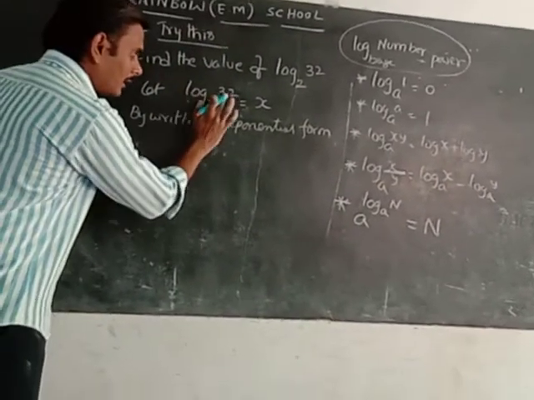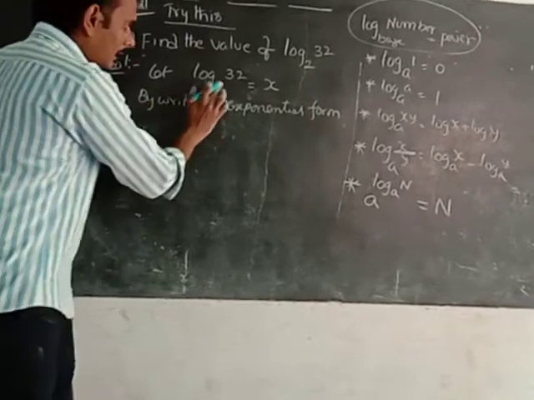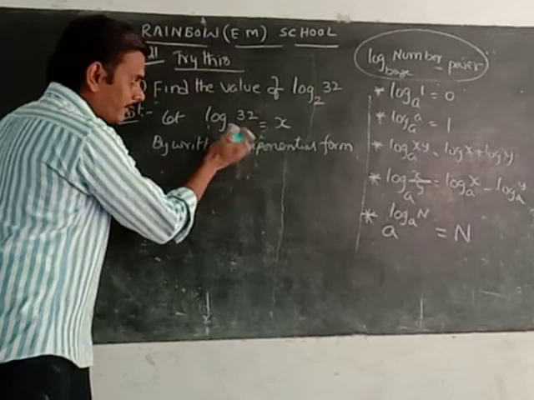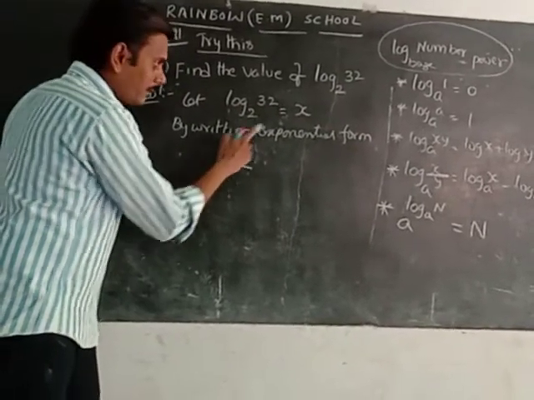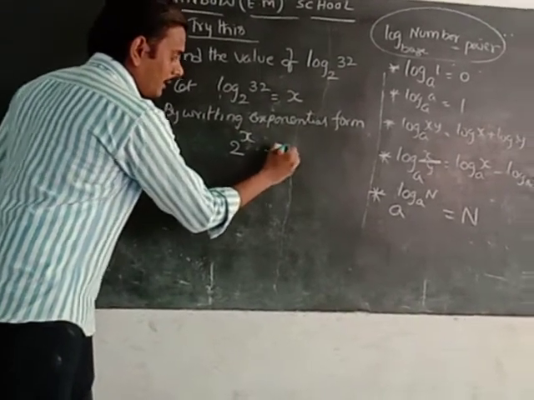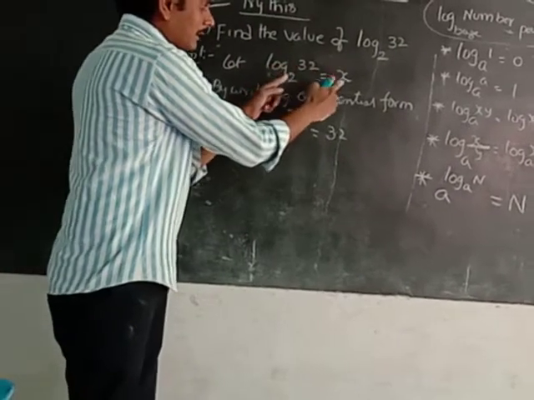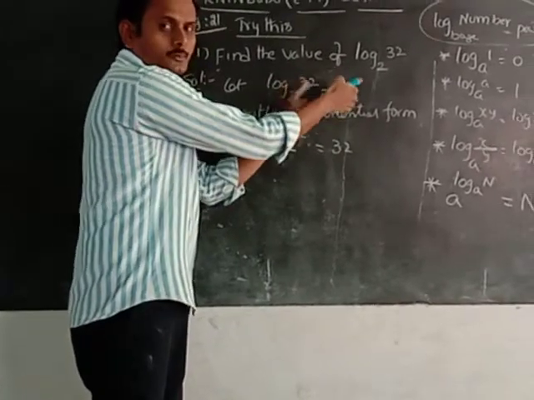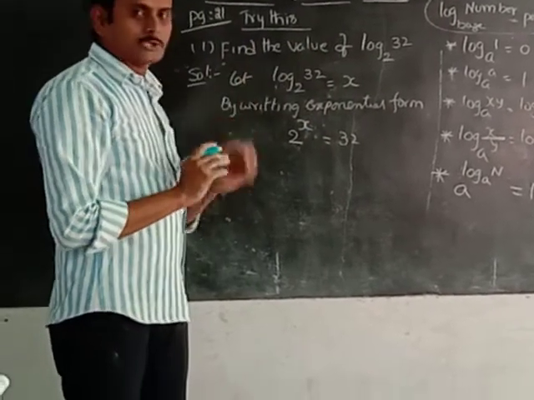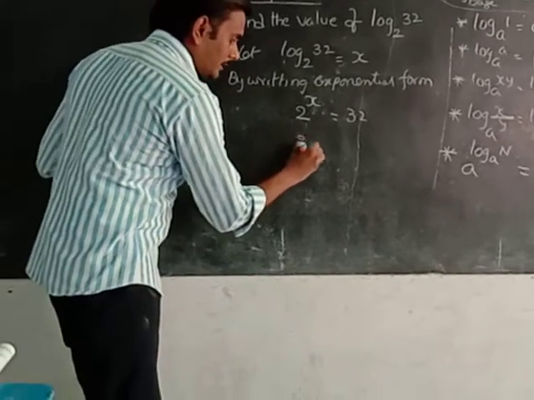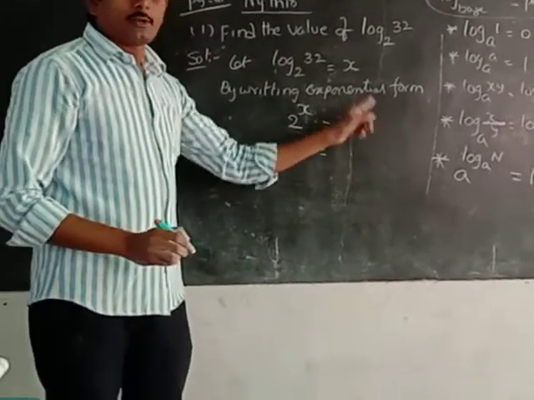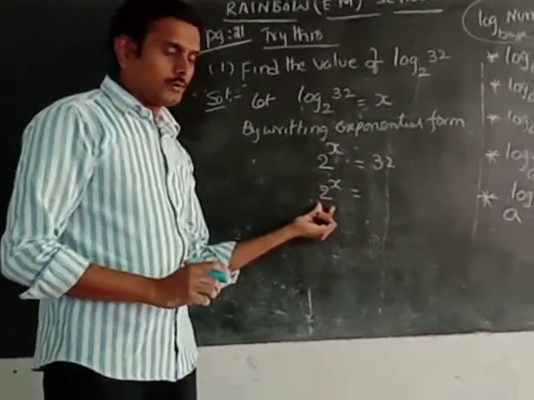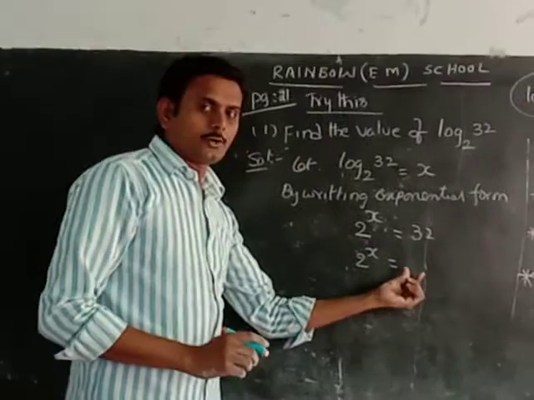That means log 32 base 2 equal to x. That means here number 32, base 2, power x. Write this one: 2 power x equal to 32. Simply remember, just change these two places. Remove the logarithm, base 2, write it. Okay, if you did not remember the basic form. Now 2 power x equal to, take factorization for the 32. By which number you have to take factorization? Which number did you get here? 2. That only base you have to maintain here.